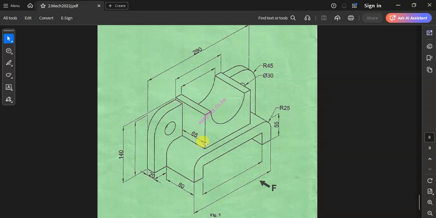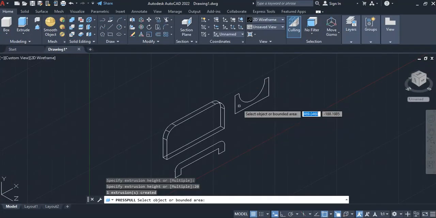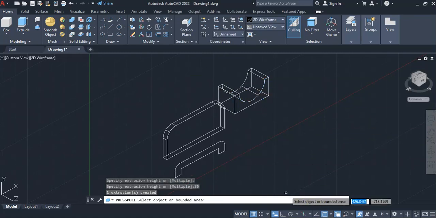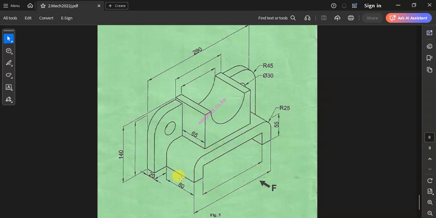So this should be 65. Then there's also this other thickness, so we're going to offset it. We're going to press pull it with a distance of 85. So you come to this, then specify the distance of 85, then enter. Then the last one, which is this, we're going to do